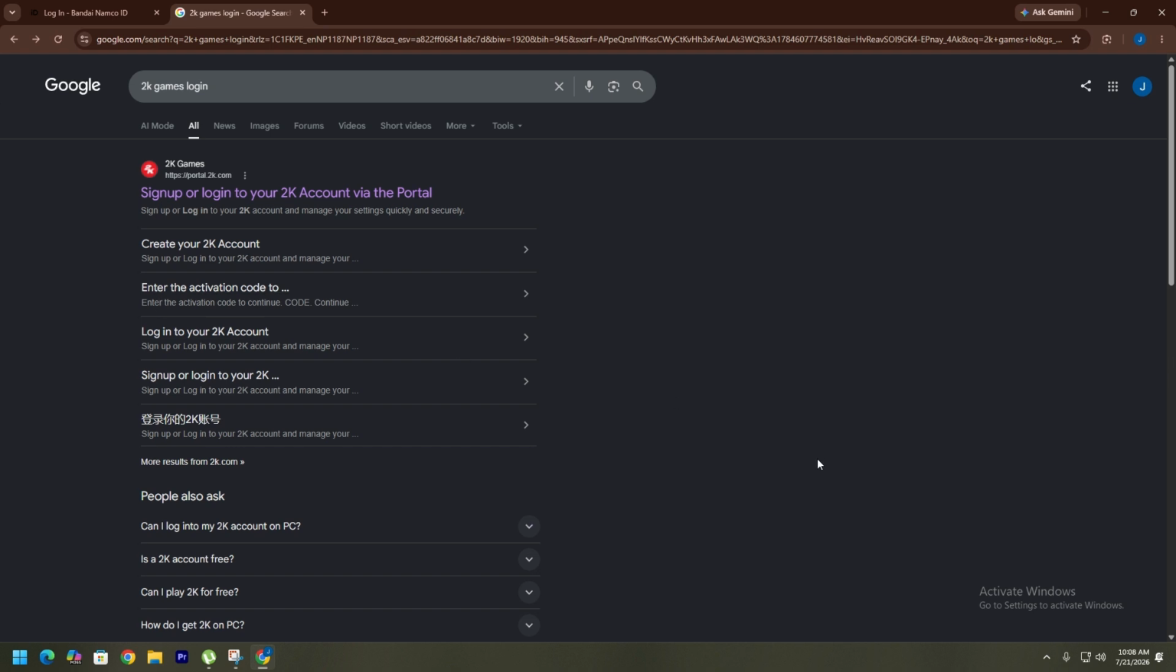How to log into your 2K Games account step by step. So in here, the very first thing that you need to do is simply make sure that you're connected to your internet. Then from here, simply open some sort of browser. I'm using my Chrome, and then from here simply search for 2K Games login, then click on the first link